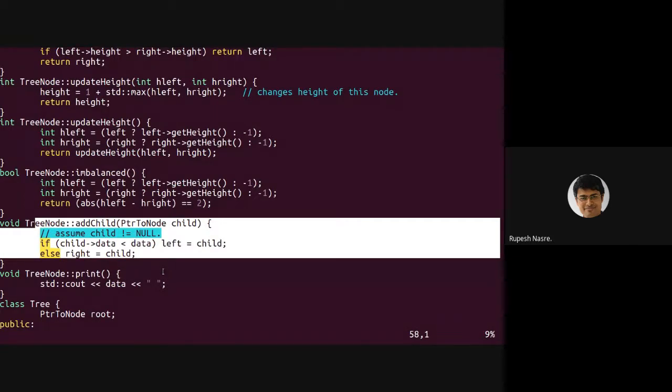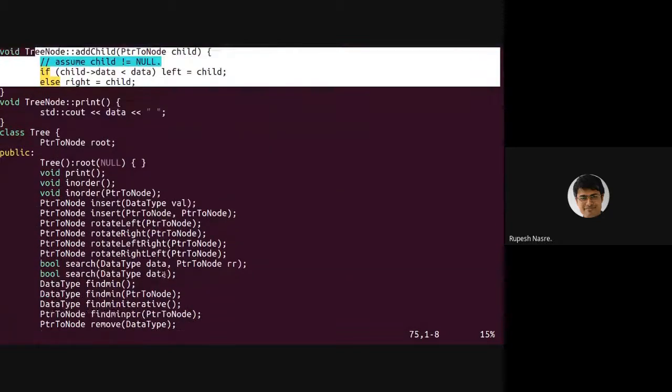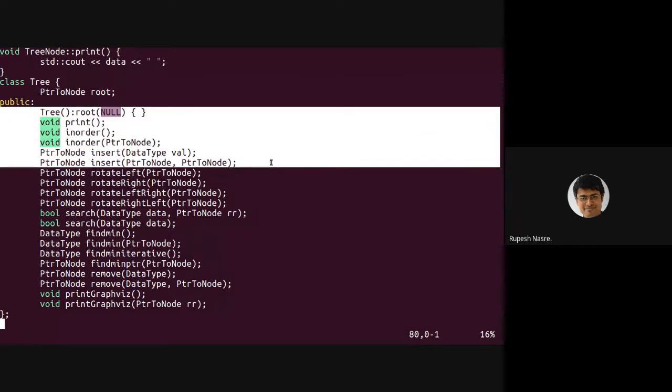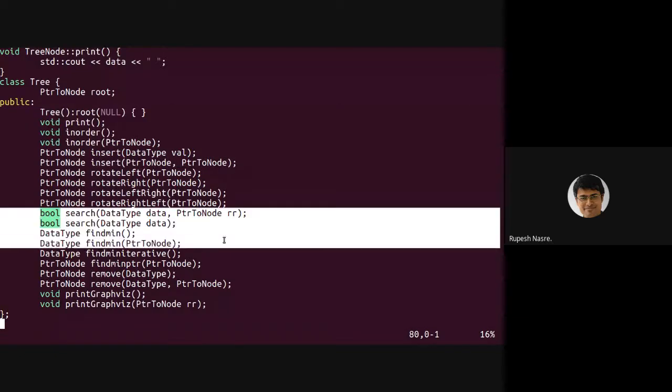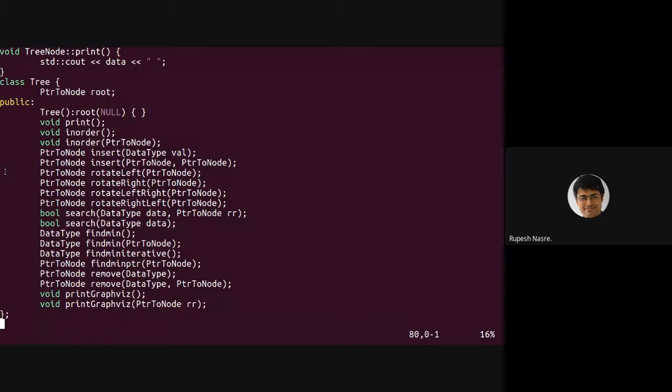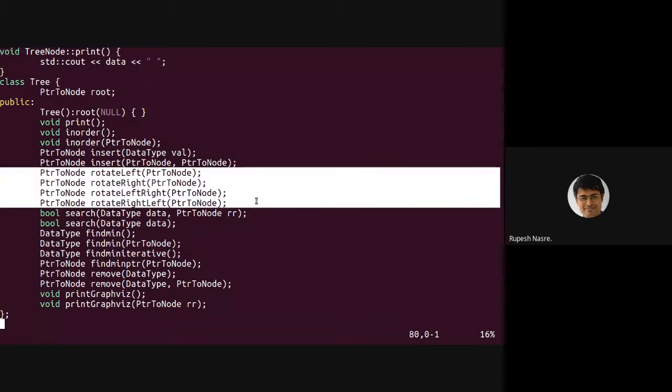So we'll look at the tree API, and then we will look at the main. Tree API has become a little larger compared to what we had for BST. So BST, we had all these functions, right? So first thing is the tree should have a root, and then we had all these functions up to insert. Right? Then we had search, find min, etc. All of these apply to AVL also. And then there are 4 new functions: left, right rotations, as well as LR and RL rotations.